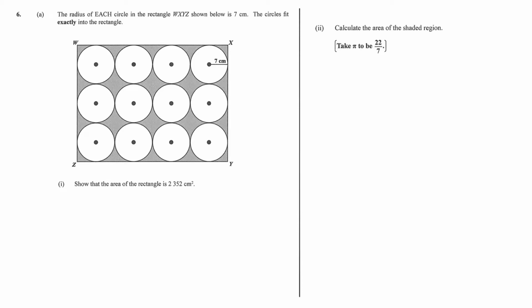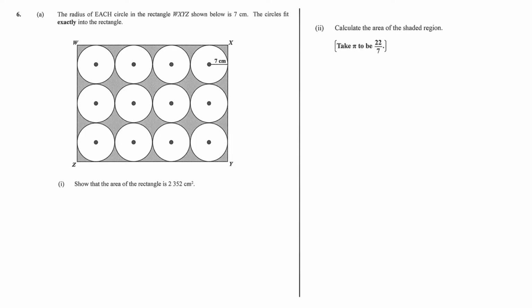In this video, we'll be going over problem 6 in the January 2020 CXC Math exam. In part A, we're given a diagram of a rectangle with circles inside. It says that the radius of each circle inside the rectangle WXYZ is 7 centimeters. The first part asks us to show that the area of the rectangle is